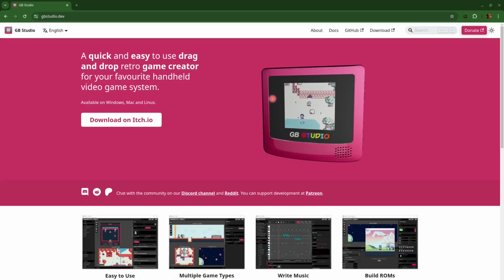Did you know you can just make Game Boy games? There's this amazing piece of software called GBStudio that makes it really easy. Now, I'm not saying it's really easy to make good Game Boy games. Making a good video game is quite hard and takes a lot of work. No piece of software is really going to change that, but GBStudio makes it really easy to get started playing